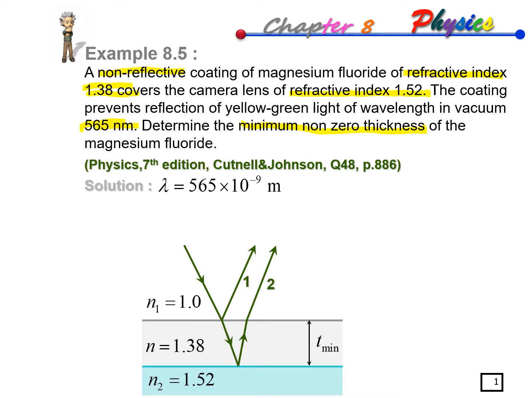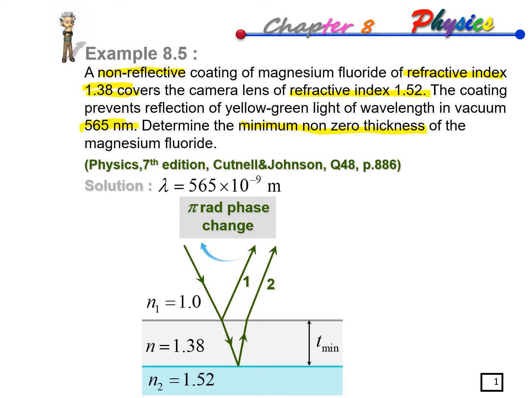Since the surface of reflection has a higher refractive index, it will experience a phase change. Over here you will have a change in phase by pi radian, and then the partially transmitted ray